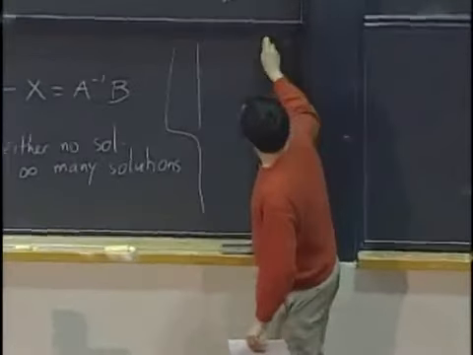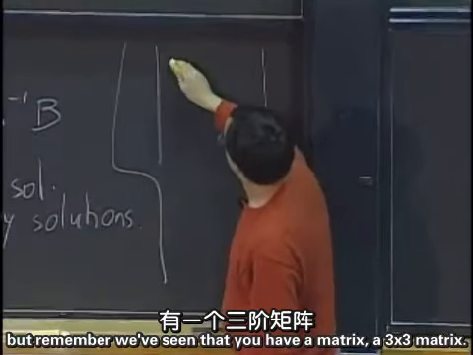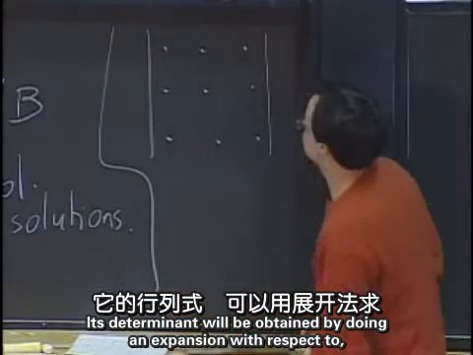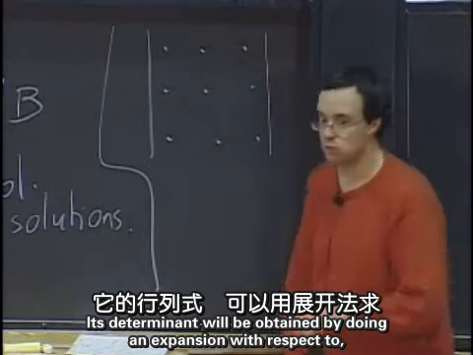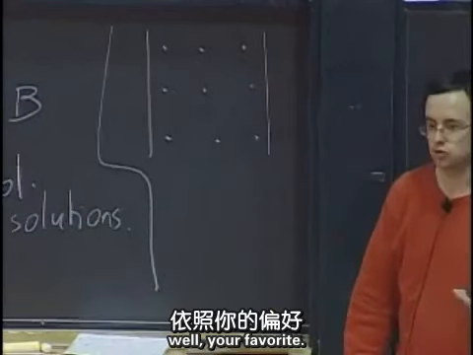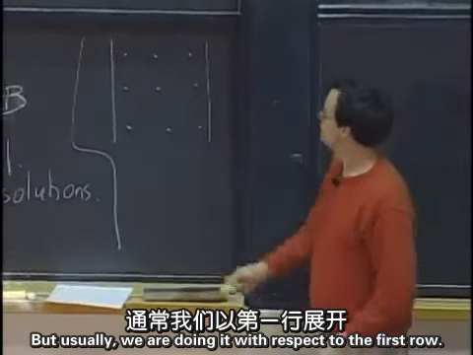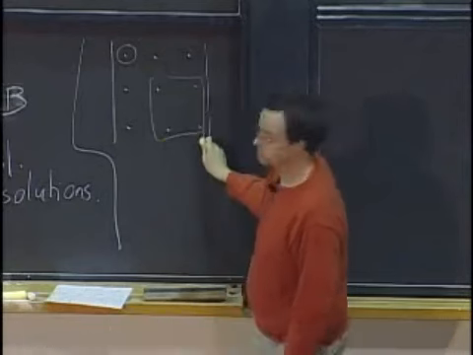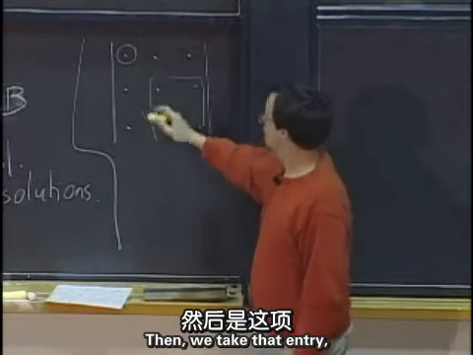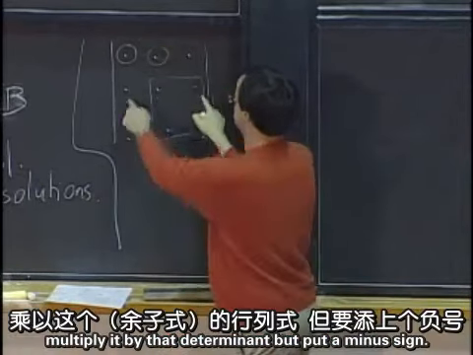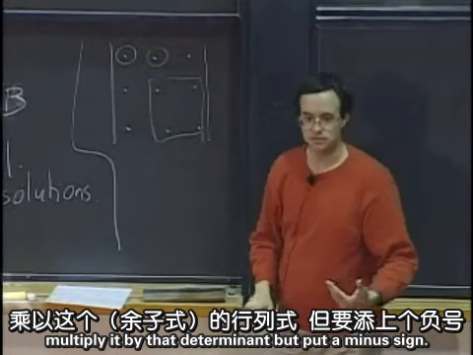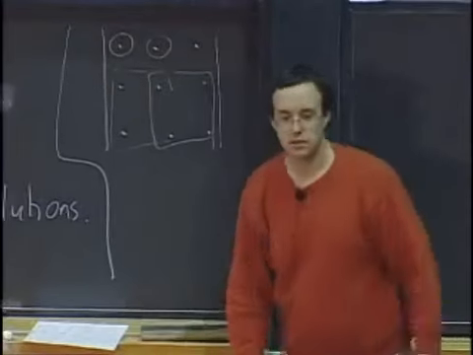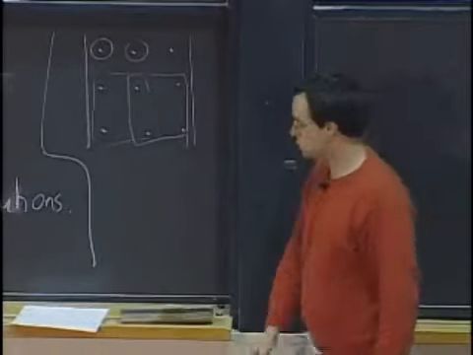But remember, we've seen that if you have a 3 by 3 matrix, its determinant will be obtained by doing an expansion with respect to, well, your favorite row, but usually we do it with respect to the first row. So we take this entry and multiply it by that determinant. Then we take that entry, multiply it by that determinant, but put a minus sign. And then we take that entry and multiply it by this determinant here, and we put a plus sign for that. Okay, so maybe I should